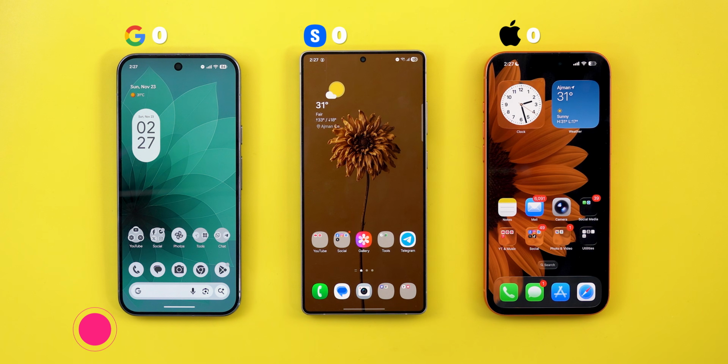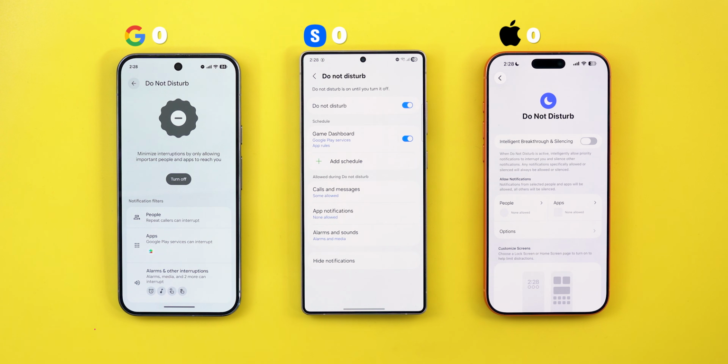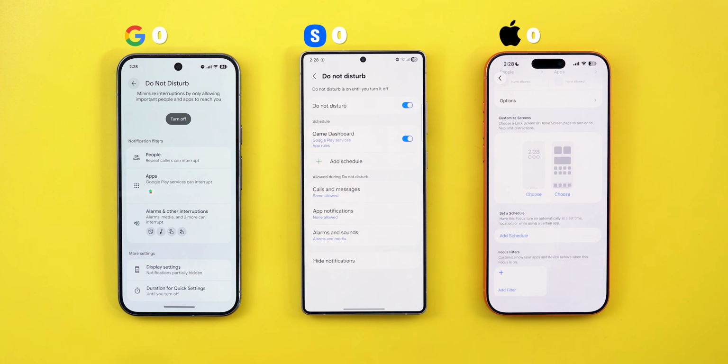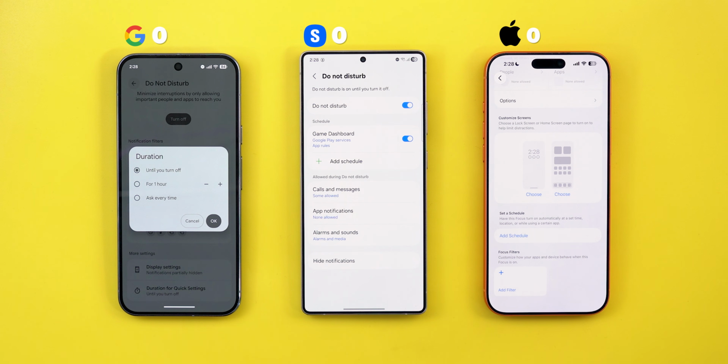The third category in this video is to compare iOS focus versus Android modes. Right off the bat, the Android phones made this feature a bit confusing, and here is why. When you open the Do Not Disturb mode on all three, you will find that Pixel UI doesn't give the option to auto-schedule like others, and it has an option to automatically turn off Do Not Disturb after a specific